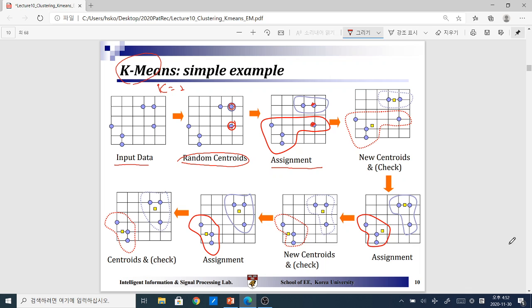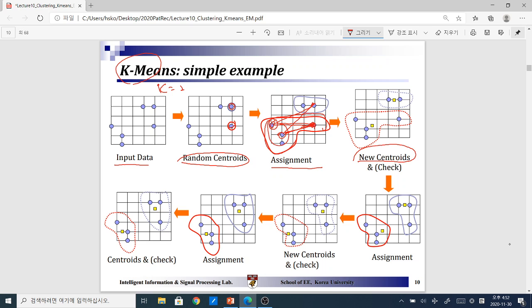Whereas for this as the centroid, the one that's compared to, say, this guy here, to this one is shorter, so this belongs to this. And similarly, this one compared to this distance to this one is shorter, so this also belongs to this. So we can assign these 3 samples that belong to this centroid. And then with that, we can compute the new centroids.